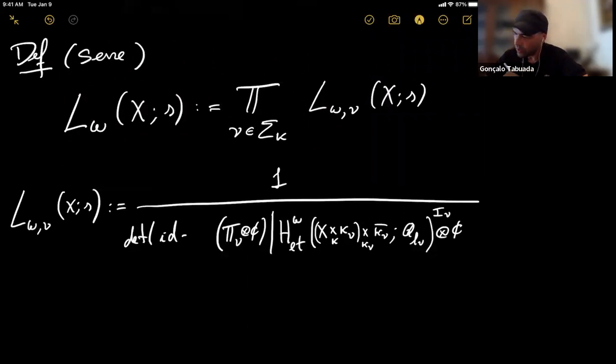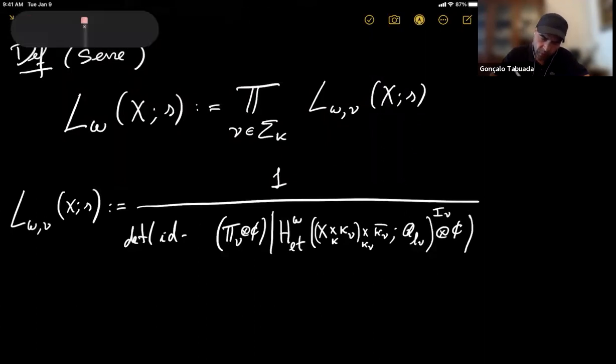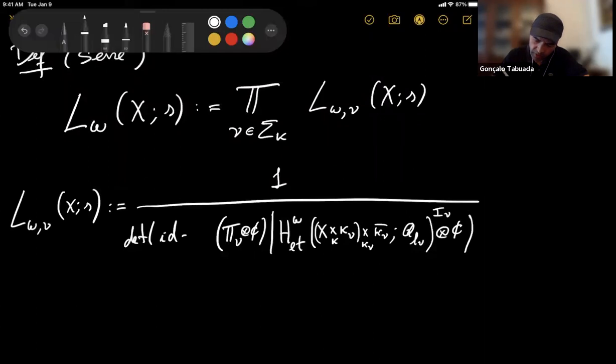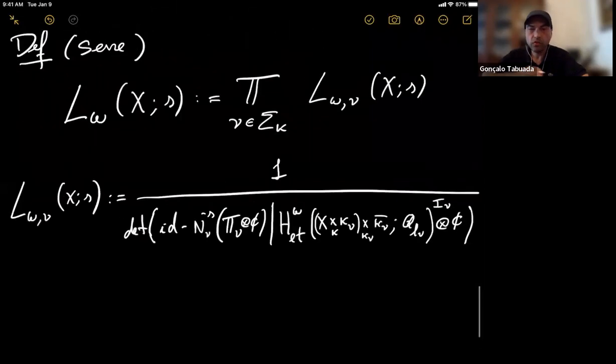And now I can do the following. Usually I should have T here to have the characteristic polynomial, but what we want to do now is replace my T by the cardinality of my finite field to the minus S. Since I've base changed to C, now all this makes sense. So I have this well-defined function here, and this is my L function of weight W, or omega, if you want. And so what can we say about this